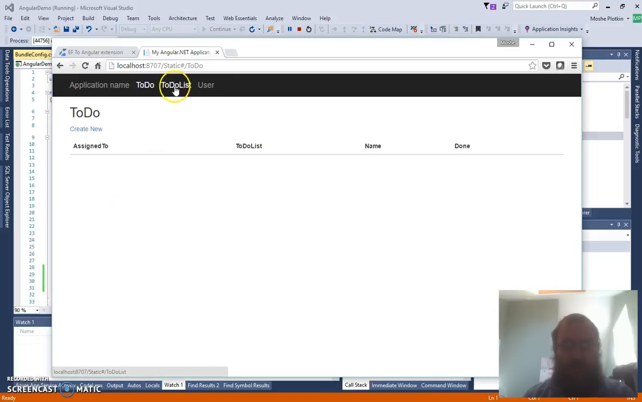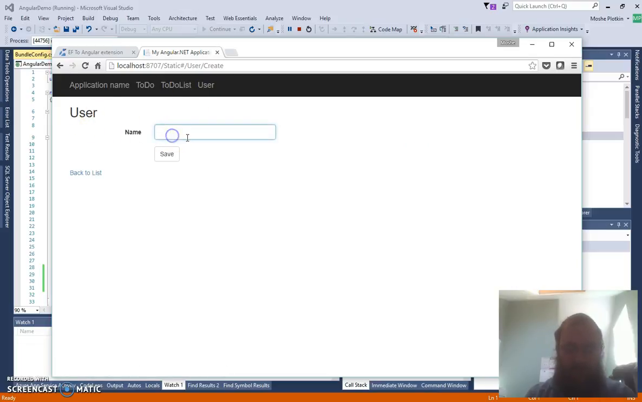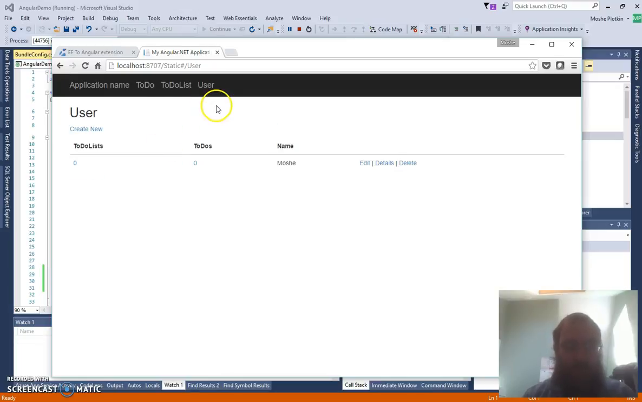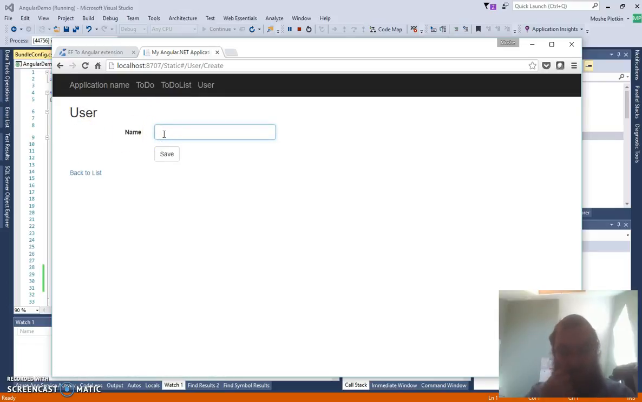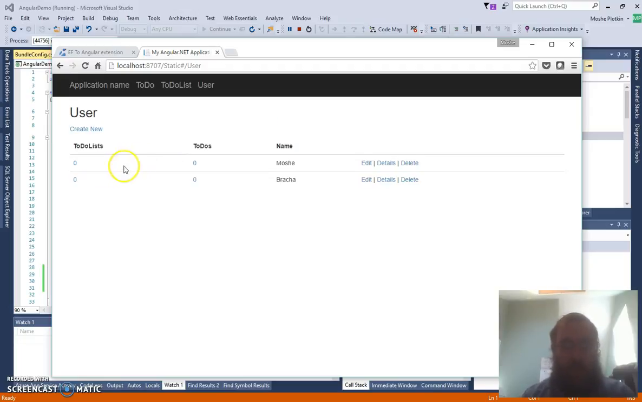Here's our list of to-dos. Our list of to-do lists, our list of users. So if we add a user, Moshe. Okay, let's add another user, create new. This is all using Angular, right? Bracha. Excellent. And what we see over here is Moshe and Bracha each have 0 to-do items assigned to them and